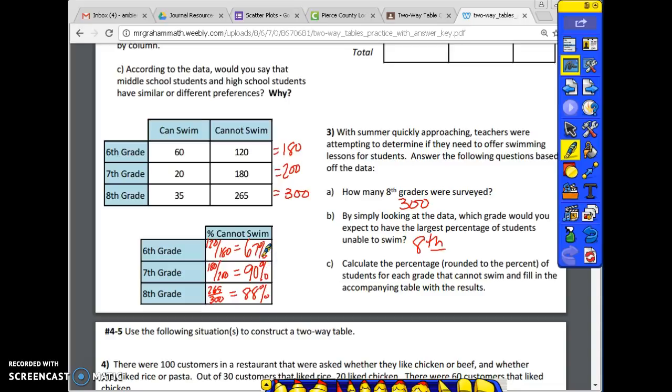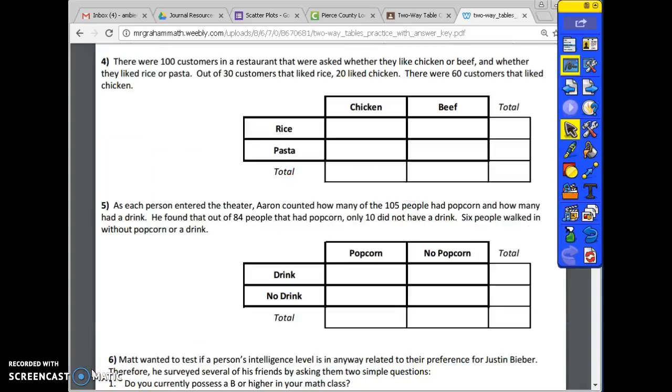So actually, 7th grade has the majority of students that cannot swim instead of 8th grade. Let's look at number 4. There were 100 customers in a restaurant that were asked whether they liked chicken or beef and whether they liked rice or pasta. Out of 30 customers that liked rice,